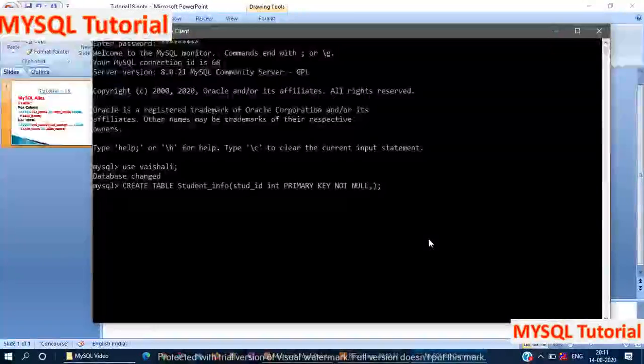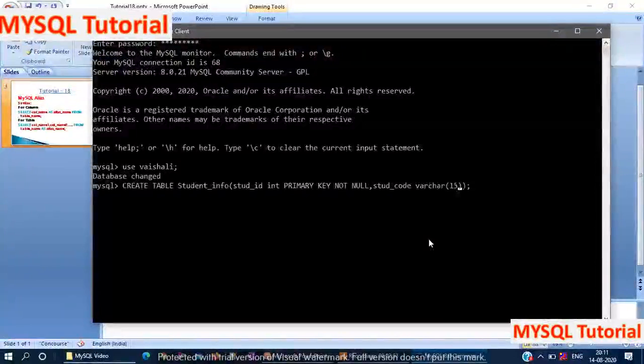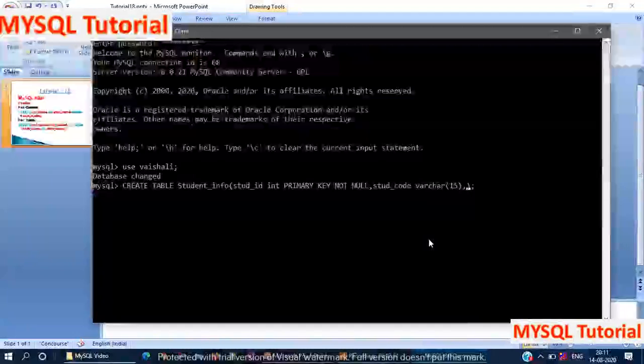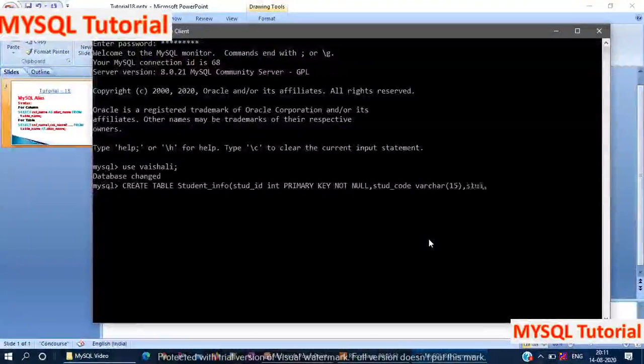Now the second column is the student code. Data type is varchar, which contains size 15. Then the third field is the student name.